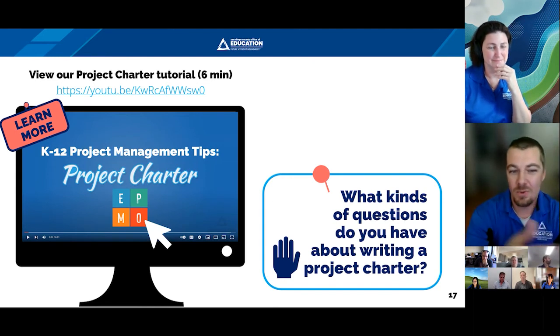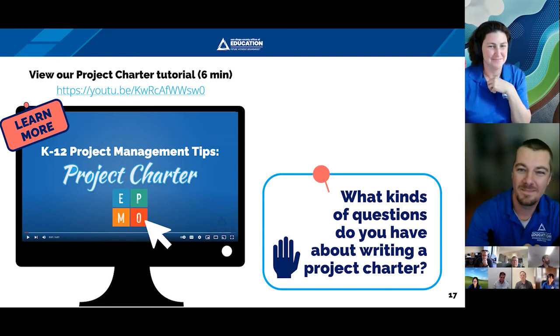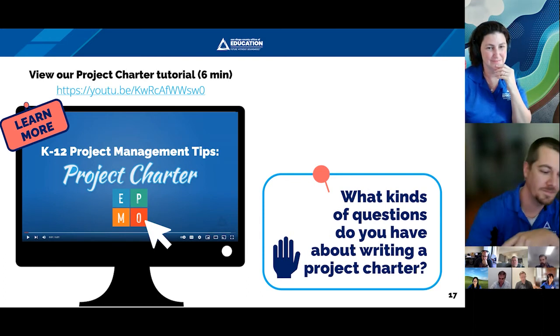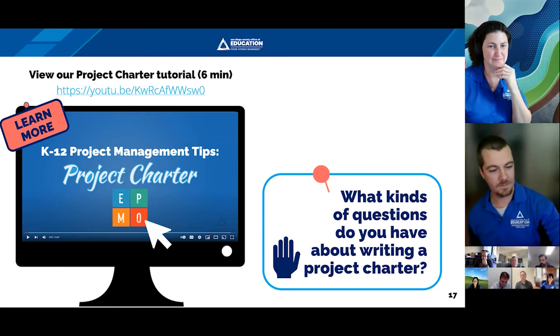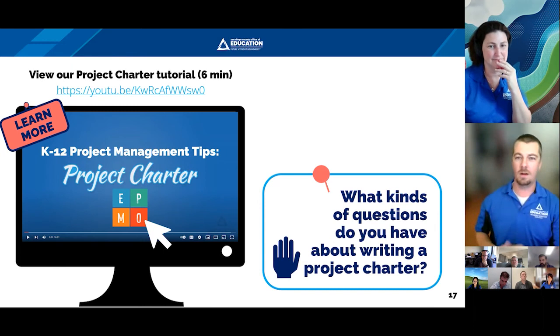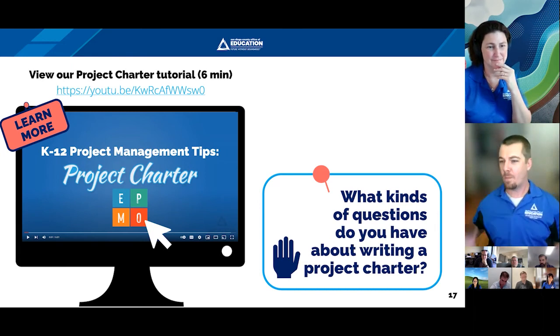Another question we've got a lot is, who's involved in putting together a project charter? Is it just the project manager sitting there in a closet doing this alone? In my experience, we've yielded so many more benefits when we have a lot of people part of the process. For example, if we're going to roll out a new system and there's a whole support team that's going to support that system, why don't we talk to them and get their input about some of the pieces that we need to be considering?